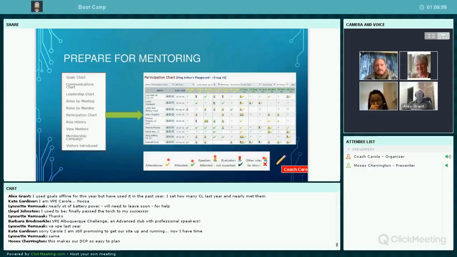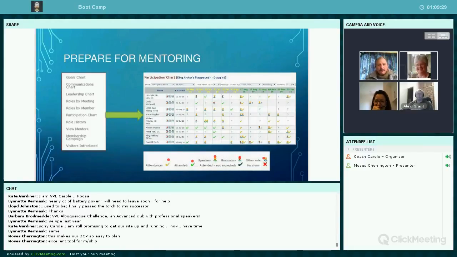And this is another little prompt for those who might be wanting to have a conversation with the members. The membership person might look at that and think, they haven't been here for a while, I must find out if everything's okay. Or the VPE might be looking for new role takers, and they would be looking for someone who hasn't really stepped up for those roles in the past. So there's a lot of things that this little chart can provide for you at a glance. Saves a lot of phone calls.